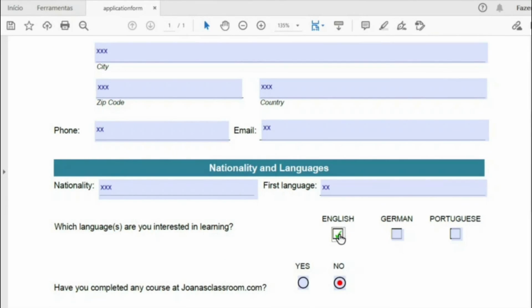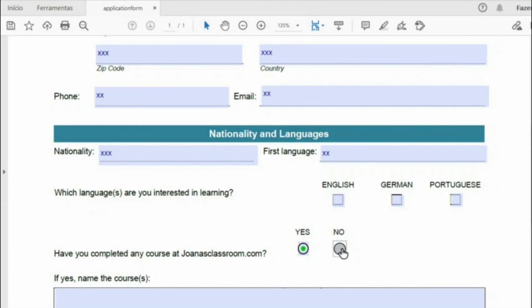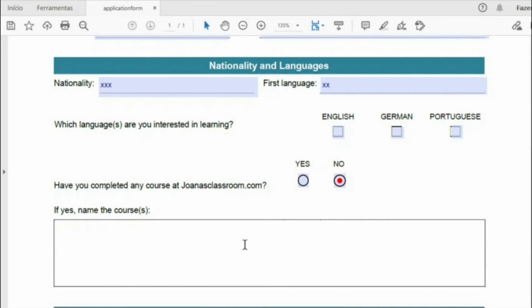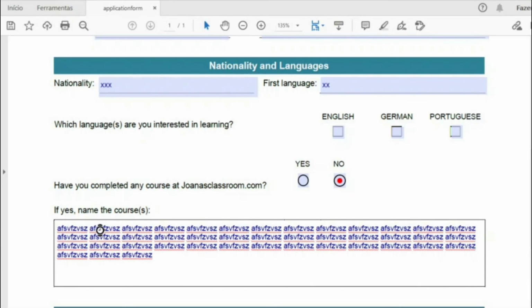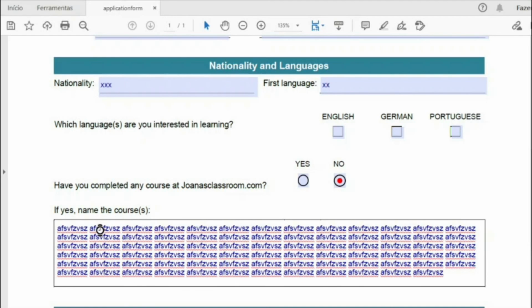The boxes, tick on, tick off, tick on, tick off, tick on, tick off, and all can be selected at the same time. Let's tick them off again. The radio button, yes or no, you can choose one of them. And then the name of the course. Let me just check if the scroll bar is available. Whoa, this is a big box. Well, there it is. So scrolling is also working.